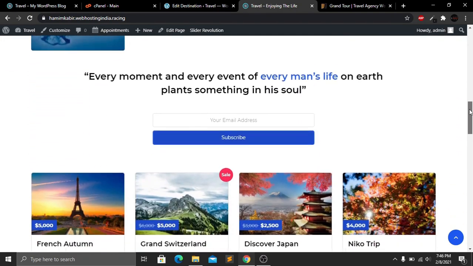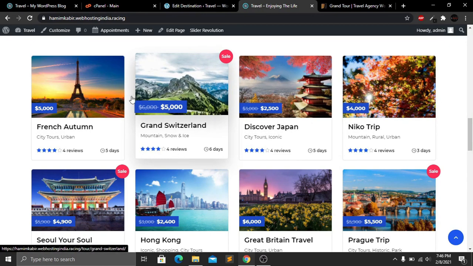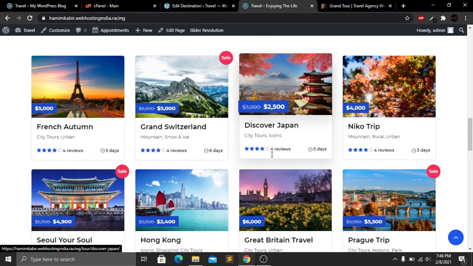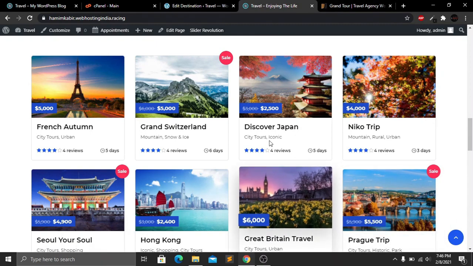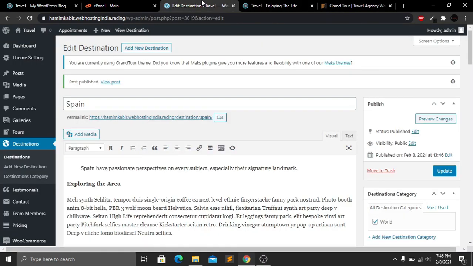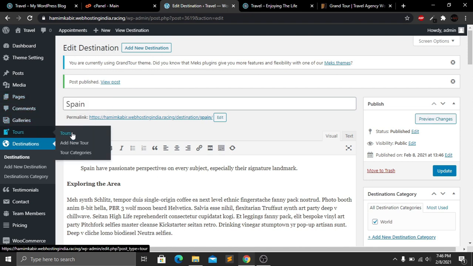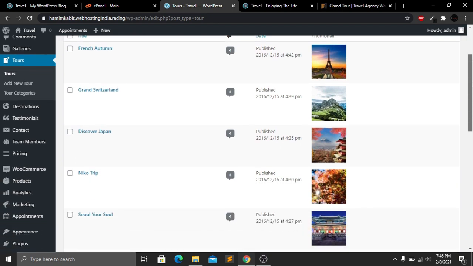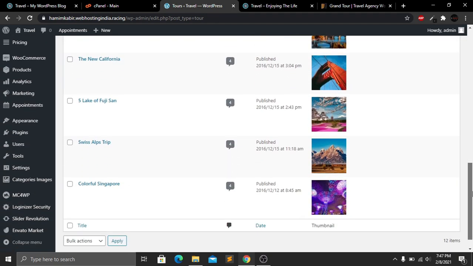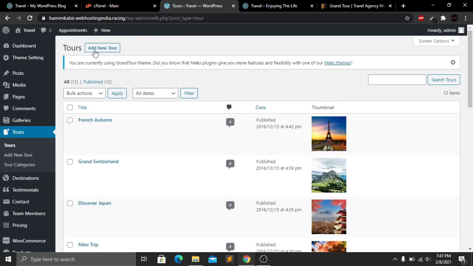So now let's scroll, and here you can see that we have our tour here with price. Now I will show you how we can add new tour and set new price for this tour package. So for adding this package, now let's go to our admin panel, and from here you can see that we have our tours. Now if you click on our tours, here we can see all of the tours package list which we have currently added to our website. Now if you want to add a new one, we have to just click on our add new tour,